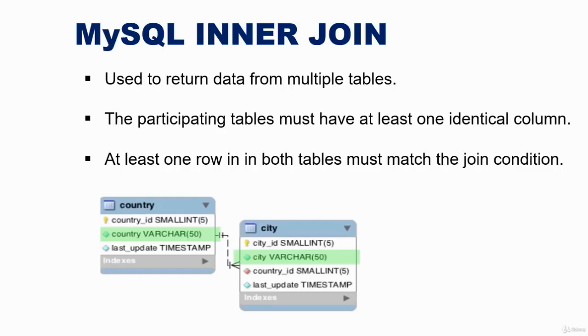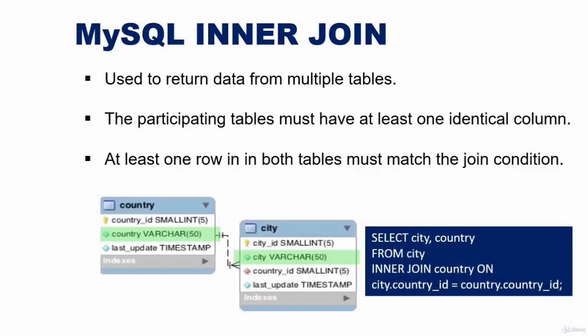If we wanted to select data from the two highlighted fields, that is the country and the city, we could run a query that looks like this. This is the typical query we would run in order to select data from the country and the city columns. In the query, we are using an inner join, and the inner join basically will be used to display a list of cities alongside the country